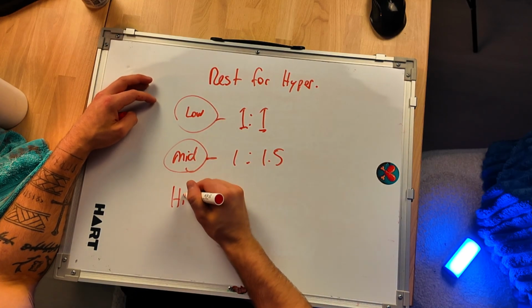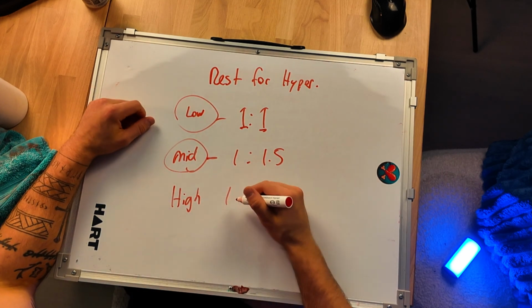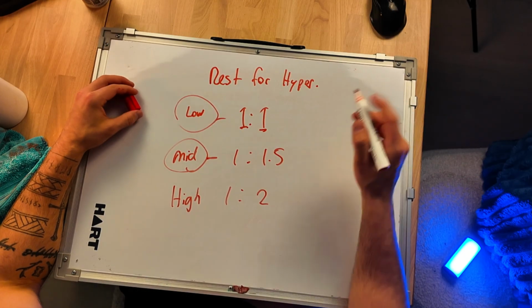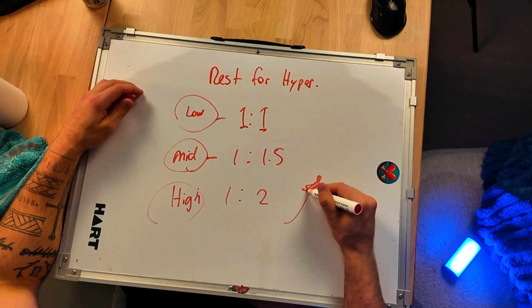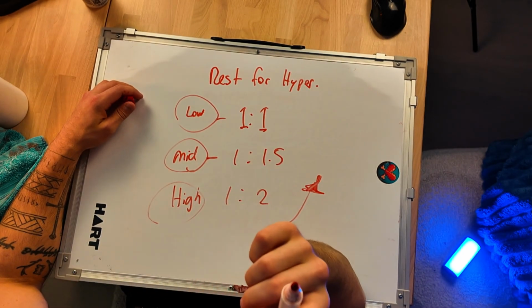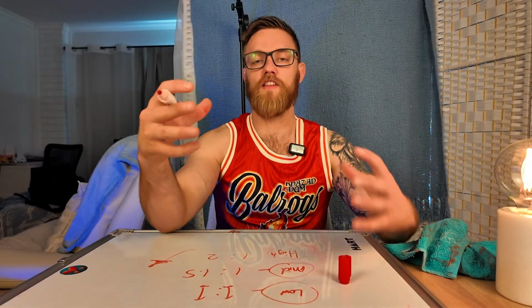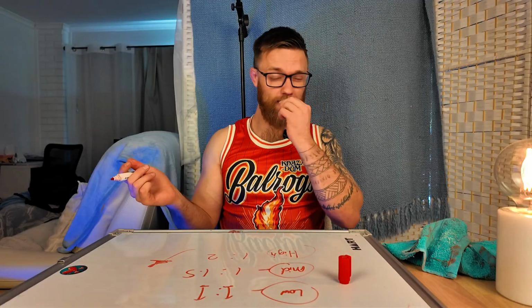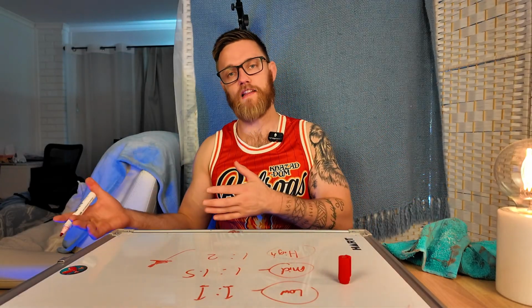And if it's high intensity, think big squats that you're absolutely dying under, you might get a rest ratio of 1 minute on to 2 minutes rest. Okay, that will increase as needed, but the overall goal of hypertrophy is all about trying to create this metabolic disruption, this stimulant of the body. So the less rest you often give yourself, the more chance you're going to have of stimulating the body.